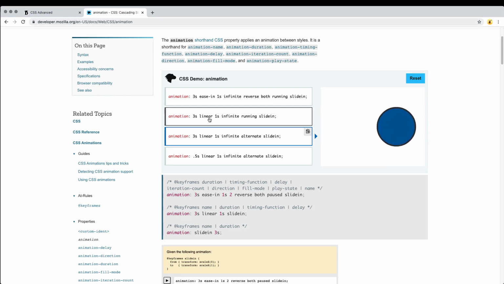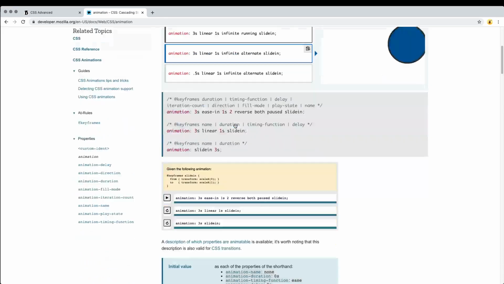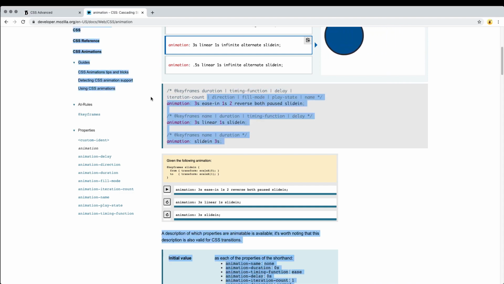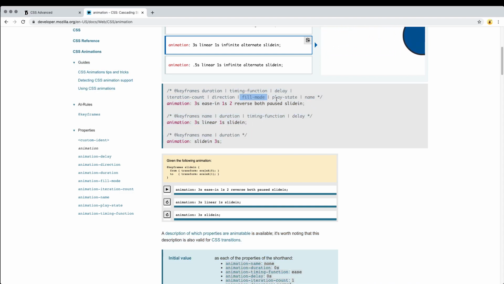The animation is going to be linear. It's also taking up 1 second. It's going to be running infinitely. So how many times it's running. Also running, and there's alternate, and there's a slide in for another type of animation. So they've got the breakdown for duration, timing function, delay, iteration count, direction, fill mode, play state, and name for